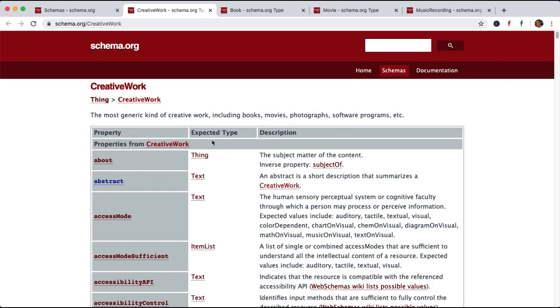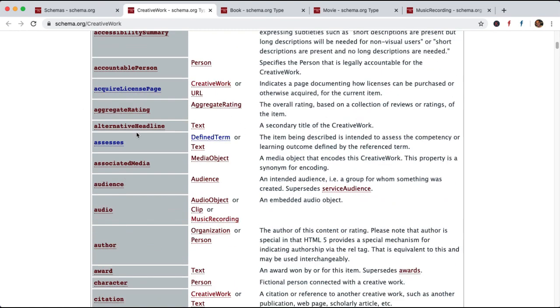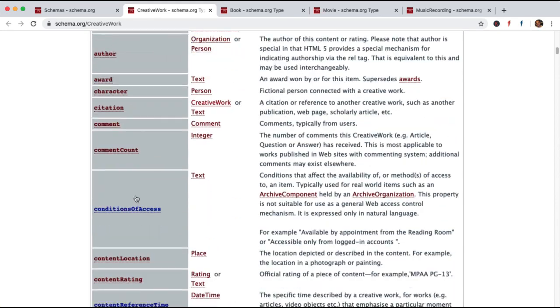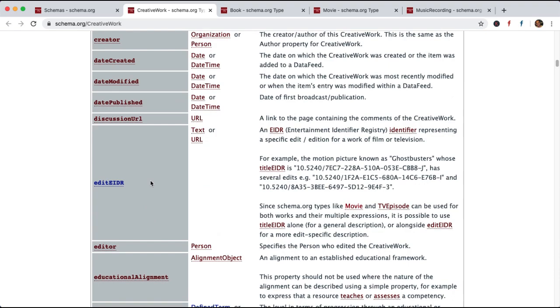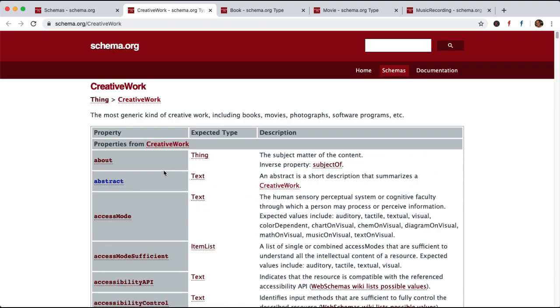Like for example, this is for the creative work. Here you have the subject of the content, the text, the abstract, access mode. So you can see these are the details that are going to get into this: the audio, the license, the author, about, character. So a whole bunch of information will be available for a user when he searches for a search term related to any creative work.